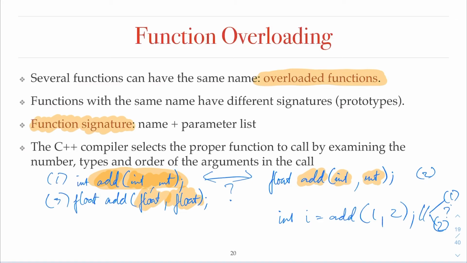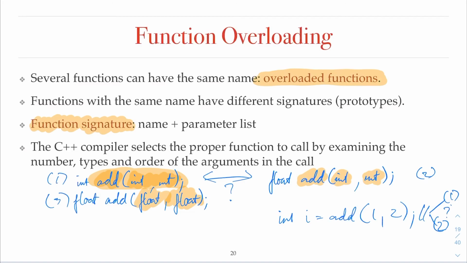If you call add 1, then the return type is integer, which would match the data type of i. However, if you call add 2, the function will return float. Maybe it doesn't match the data type of i, but the compiler can cast that float into an integer.